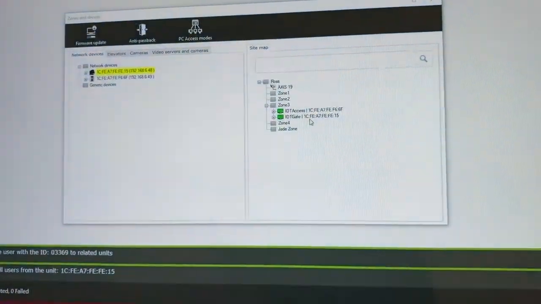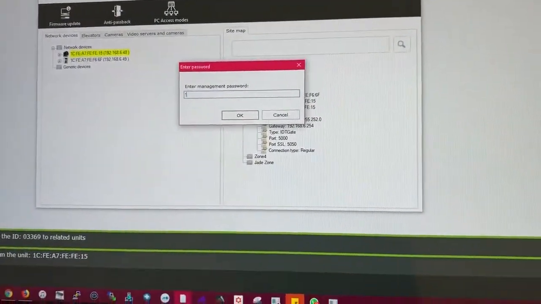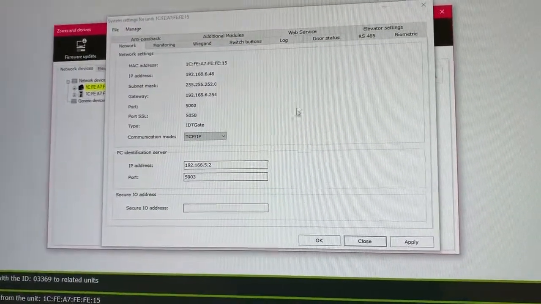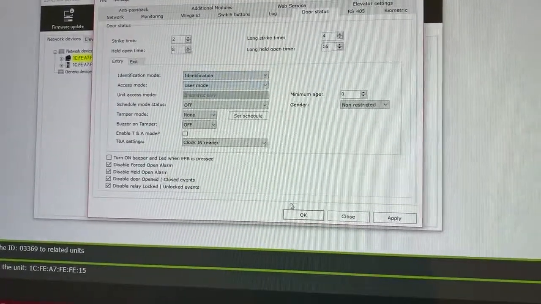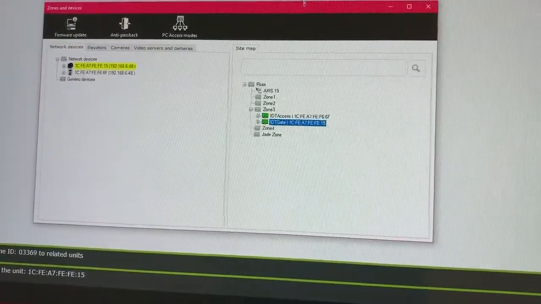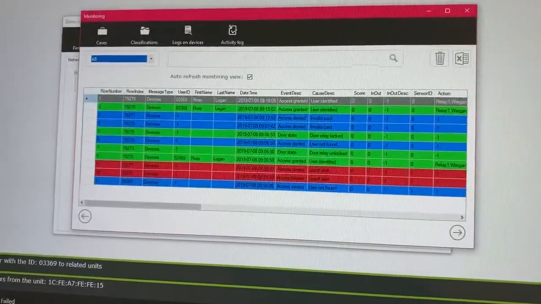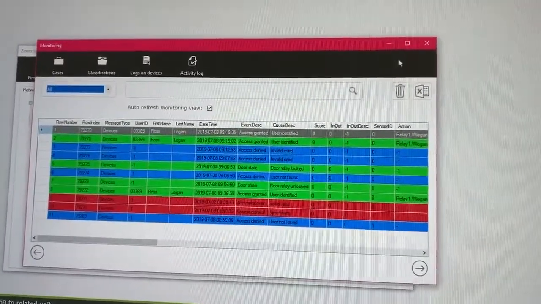We're going to flip back over here. We're going to put this into regular identification mode. Going to door status, identification mode, and here. Actually, in case we want to see monitoring before we move forward, we can see here